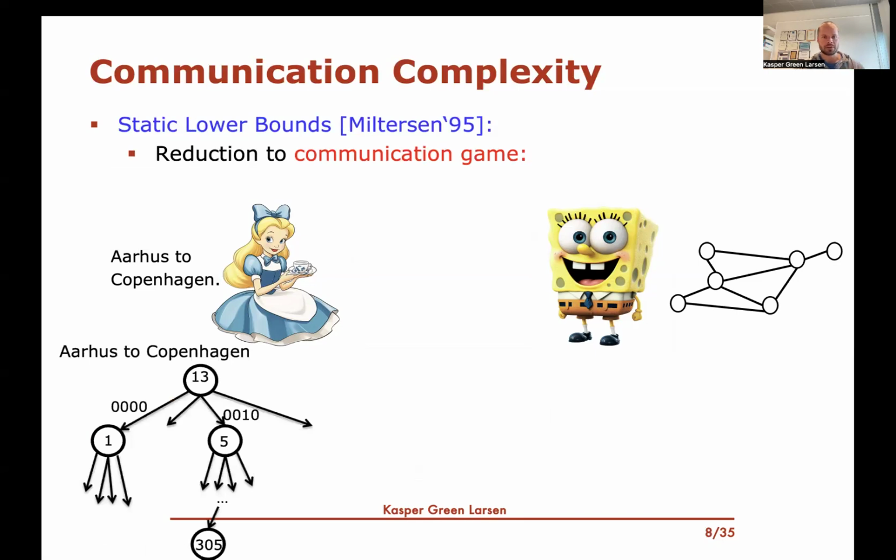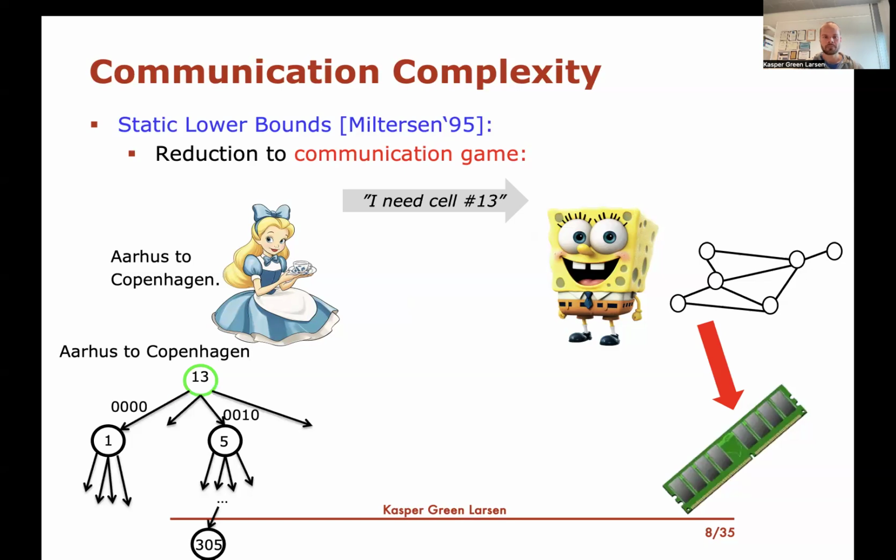Good. And maybe just to make the reduction completely clear here again, Alice has the query also to Copenhagen, so she knows the data structure has a corresponding decision tree for this query. Bob can build the memory representation of the data structure because he has the input to the data structure. And now Alice can, to start the simulation, her decision tree tells her to read cell number 13 first. So she's just going to ask Bob for the contents of cell number 13. Bob looks in the memory and sees what the contents are of cell number 13, and he sends it